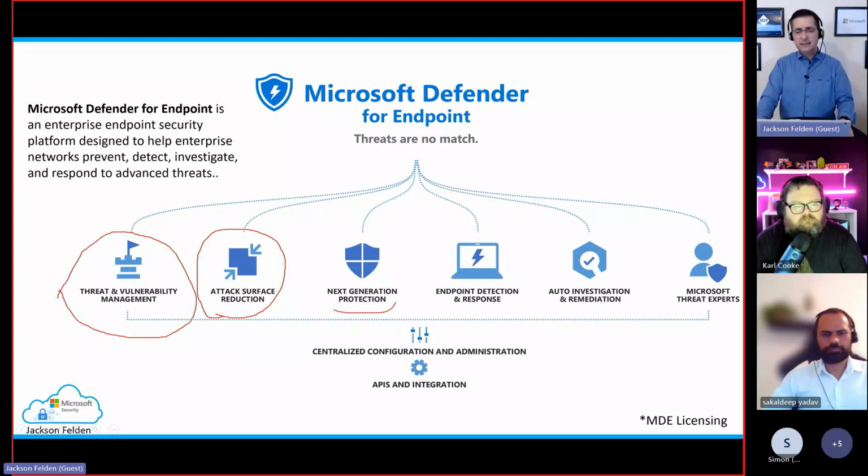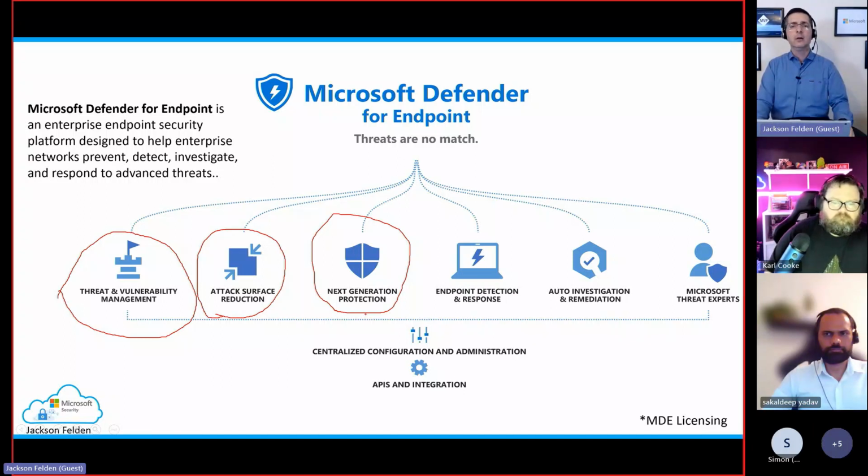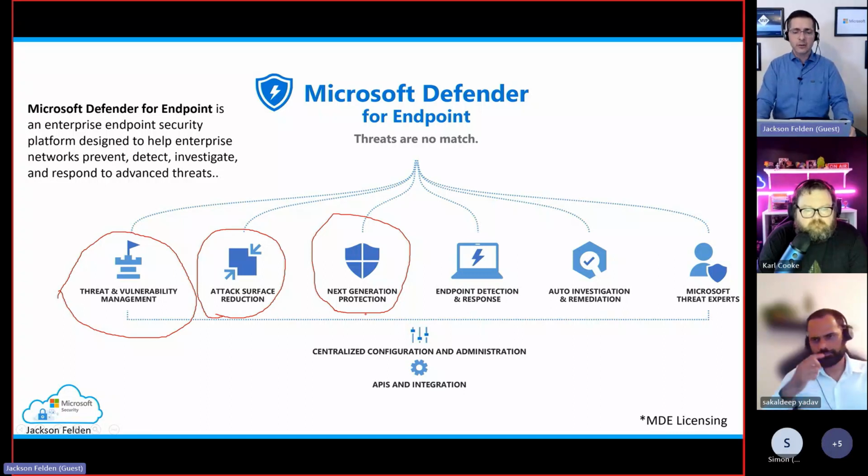The next one is the AV, and actually this is a common mistake out there. People think Defender for Endpoint is an AV solution. And as you can see here, of course, it's an AV that has real-time monitoring and so on, and blocks bad files and scripts. But the AV is just one of the pillars